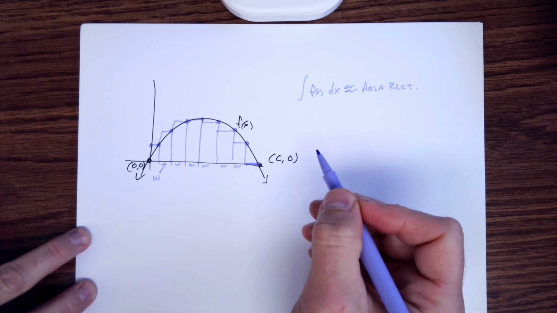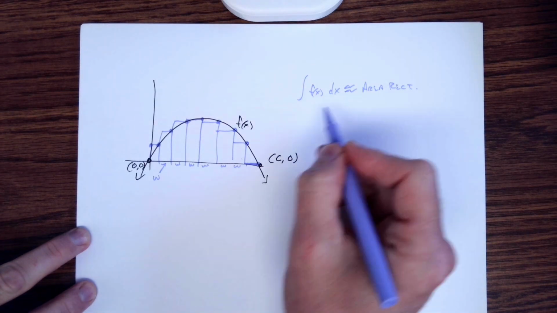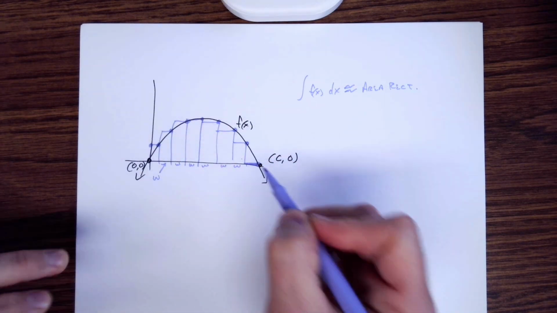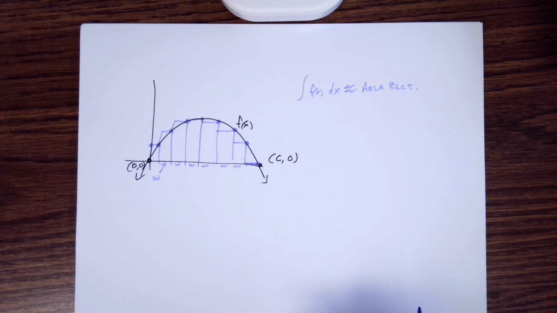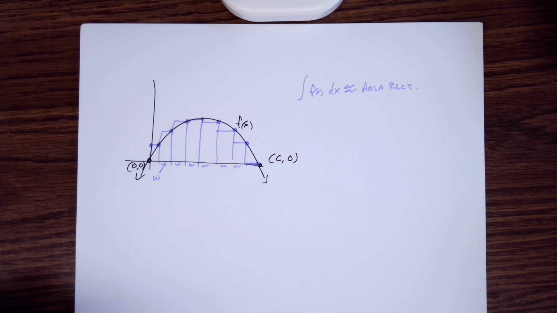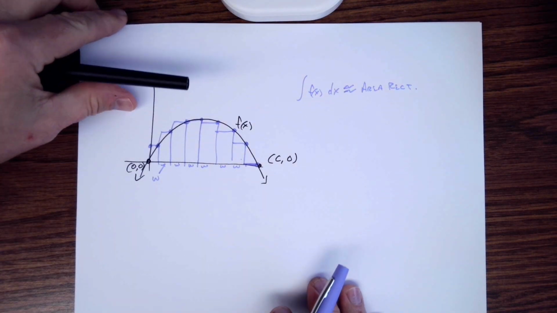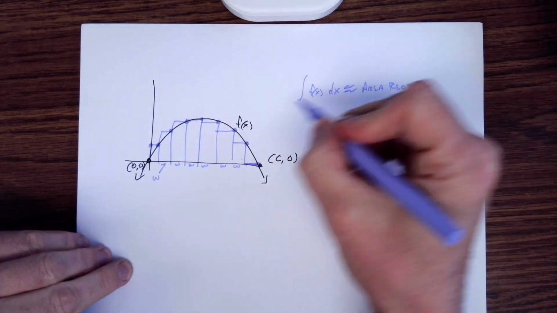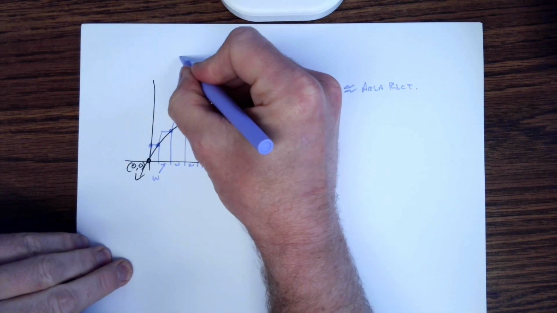Now, it is approximate because there are these little spots right here where we're overestimating and we're underestimating. Maybe they average out so we get pretty close to the exact value, but we don't know exactly if it is the exact value. But this is where we're going to start with this. So I'd actually like to run through a pretty quick example of this just to kind of give you what we're dealing with. And what we're doing here, this area process that we're doing right here, is what we call